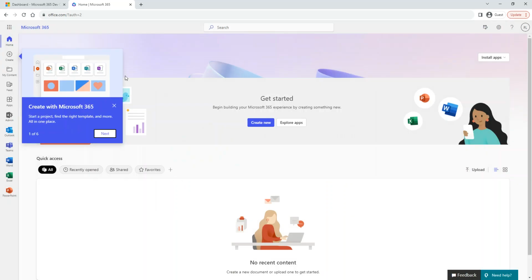So here we go. This is the Office 365 office.com website, and it has pretty much everything that you need. This is where Microsoft puts, based on your access, all the apps and software that go onto your computer.